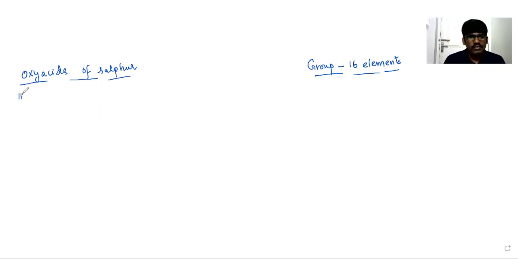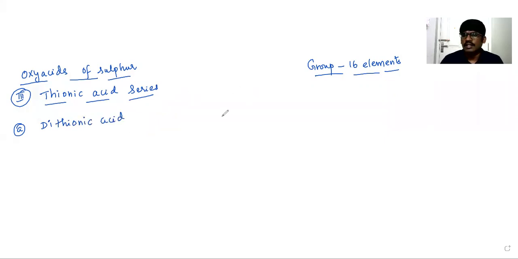Now the third series we need to discuss, that is the thionic acid series. Under that, the first one can be given as dithionic acid. So already we have discussed dithionous acid, that is